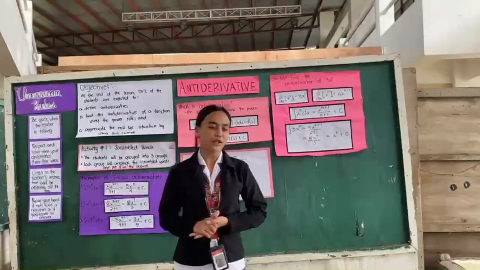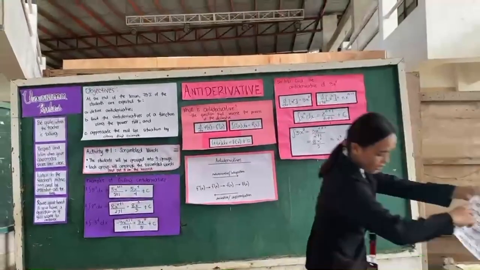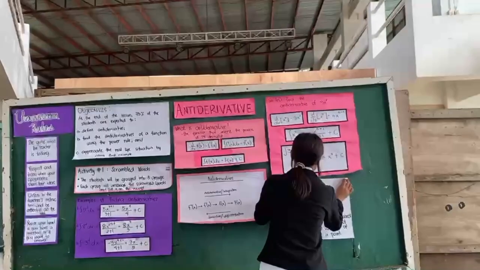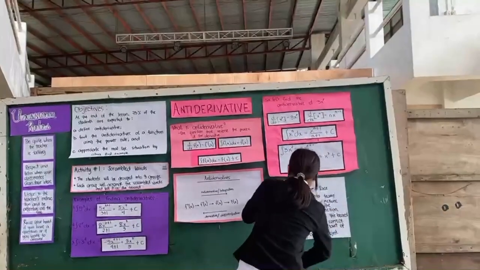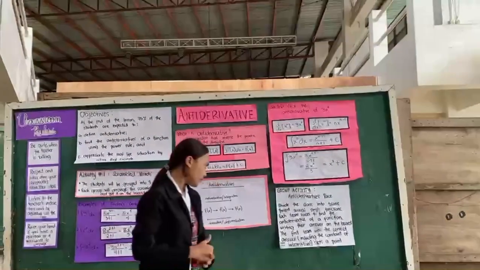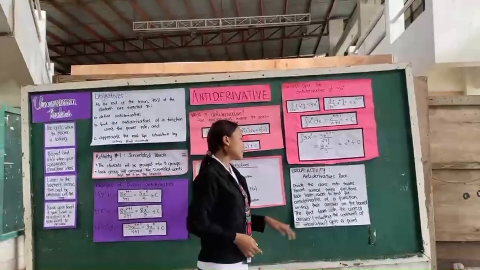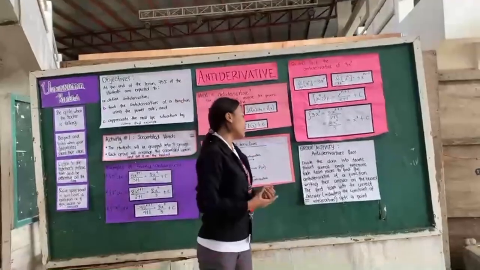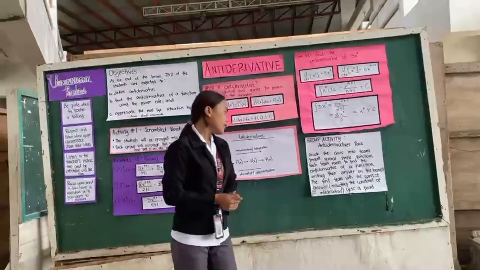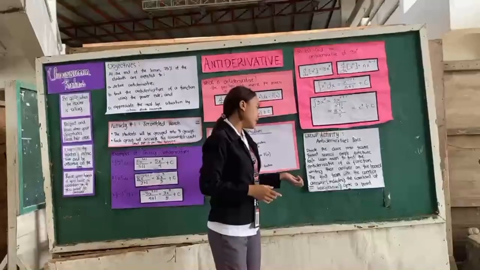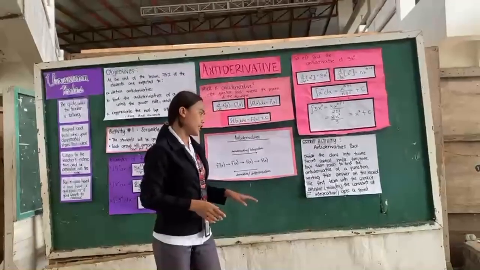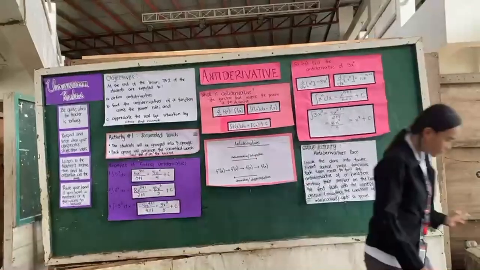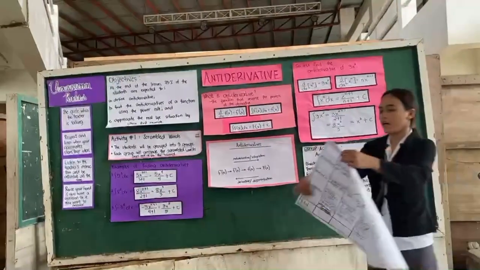Now, let's have a group activity where we can apply the knowledge that we have learned from our discussion. So, divide the class into teams. Present several simple functions, and each team races to find the antiderivative of a function. Then write your answer on the board. Then the first team with the correct answer, including the constant of integration, gets the points. And this is the criteria.